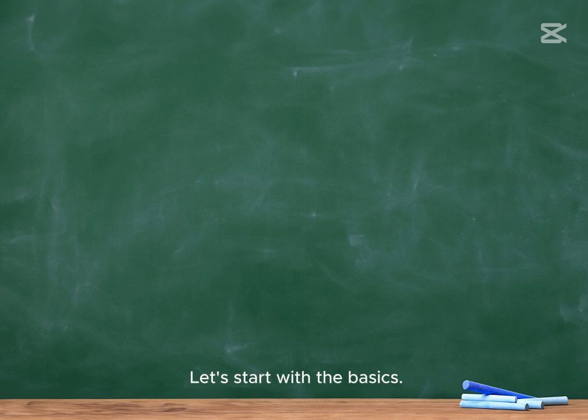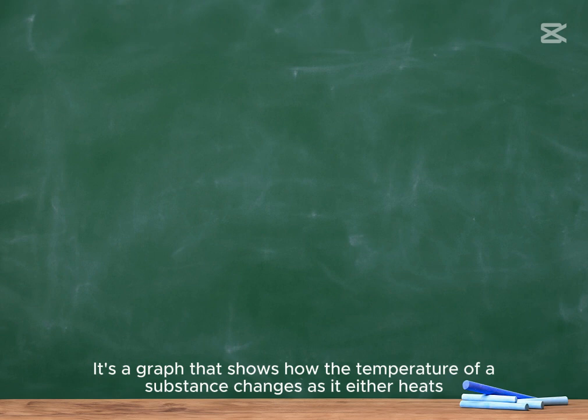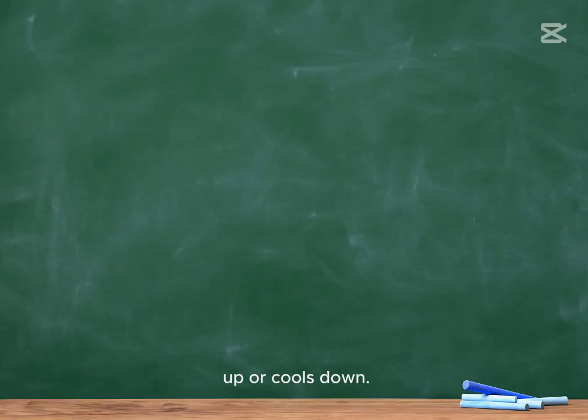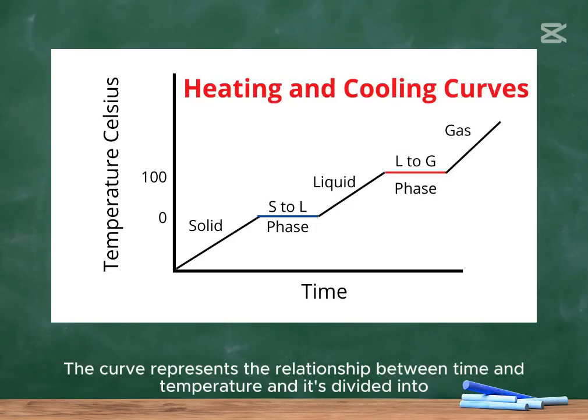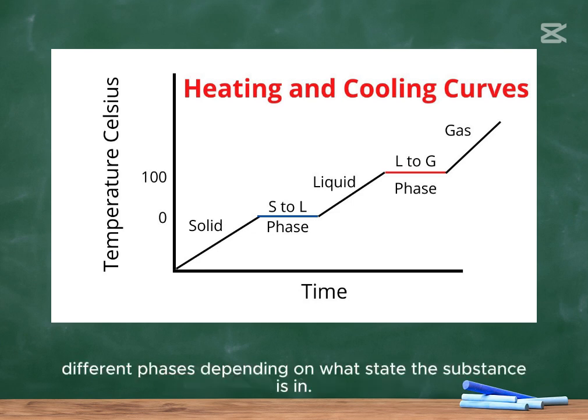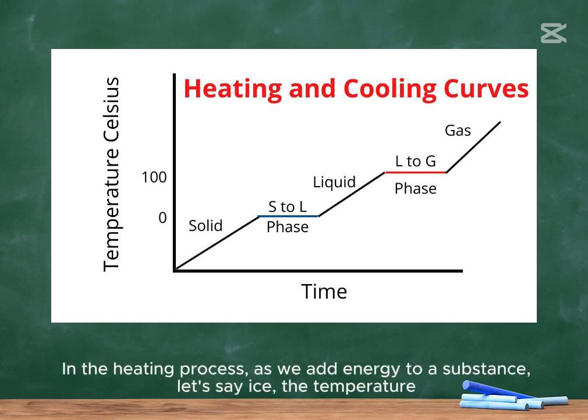Let's start with the basics. What is a heating and cooling curve? It's a graph that shows how the temperature of a substance changes as it either heats up or cools down. The curve represents the relationship between time and temperature, and it's divided into different phases depending on what state the substance is in. In the heating process, as we add energy to a substance, let's say ice, the temperature starts